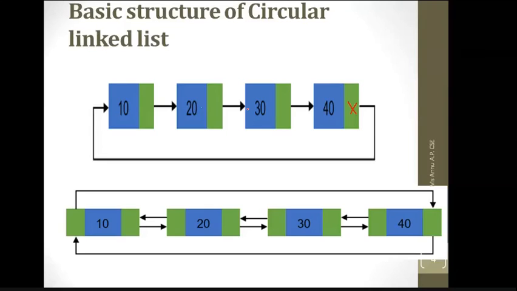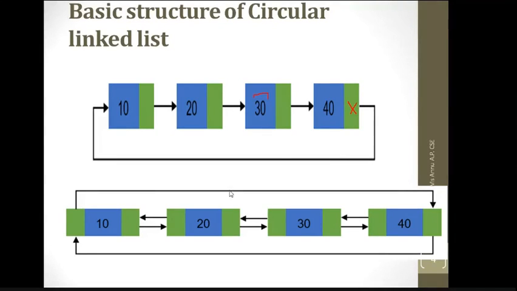So with the help of this node 40, if you want to access 20 from the node 30, if you want to access the address of 20, the previous one of 30, you can access it with the help of this 40, because the cycle is here and you can jump to this node with the help of next nodes. Okay, so by going to 30, then 40, then 10, then 20. So with the help of accessing these nodes, you can access 20 also.